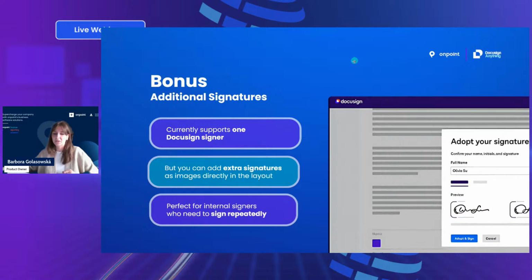And before we jump into the demo, there's one more feature we already touched on earlier I'd like to quickly mention, because our prospects often ask if it's possible to add multiple signers and define the order in which they sign. With our solution, it's currently possible to only have a single Docusign signer. However, you can add additional signatures directly into the report layout, which works really well for